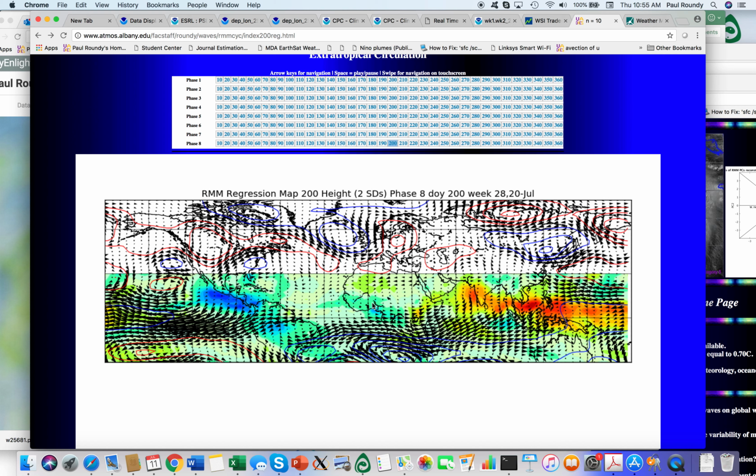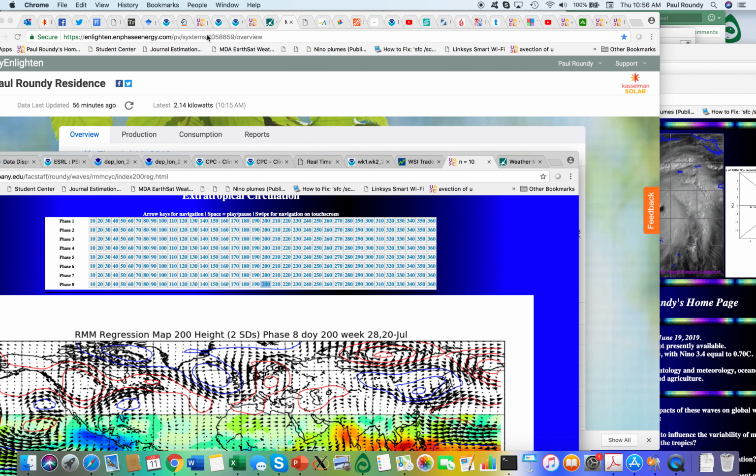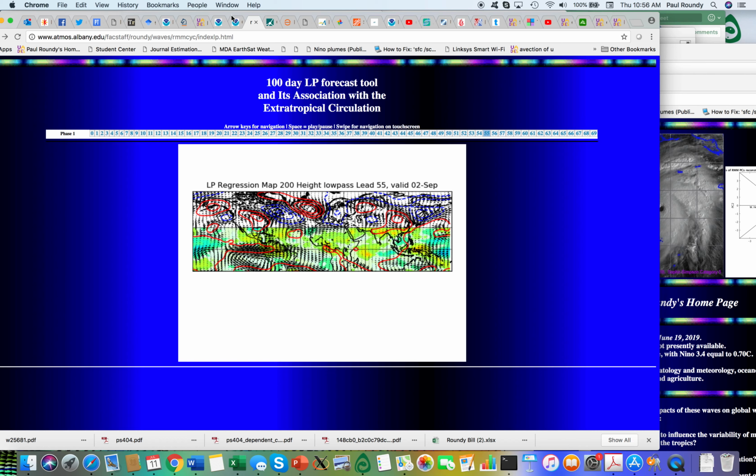tropical cyclone response patterns that can feed back on and alter the progression of the MJO and its circulation response, as well as signals in low frequency variability, which we haven't yet discussed other than looking at the ocean condition and suggesting that we have right now a fairly robust, not particularly strong, but nevertheless robust Central Pacific warm signal. So I'm going to show one more thing. I'm going to have to switch between windows here in order to pull up the one I'm most interested in.